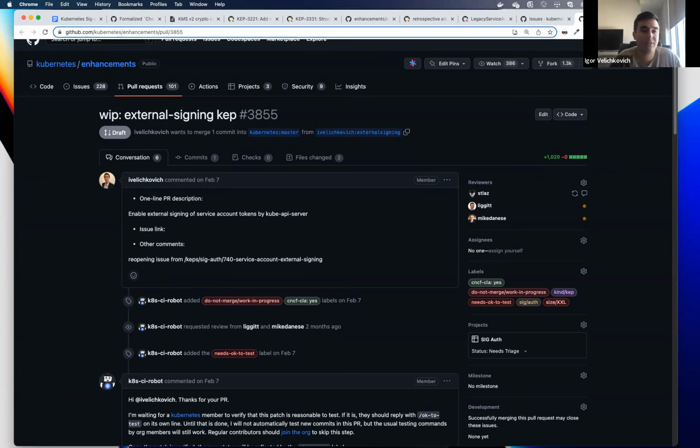We don't want to do that. We don't want to have these keys on disk. The idea is to decouple this logic fully out of API server so that you can have this separate key server component do whatever you want, like for example pull from KMS. I listed a few of the use cases in there, but